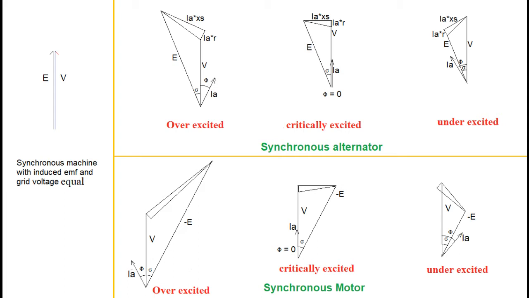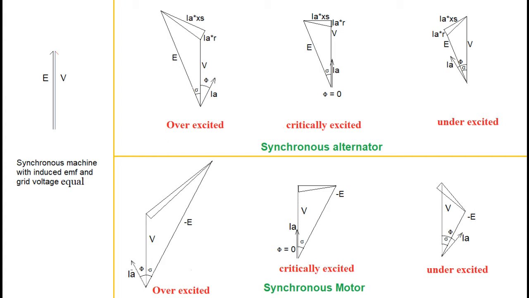Since the inherent speed of the machine is only synchronous speed, the current supplied by the alternator depends on the mechanical power supplied by the prime mover. Naturally, this current controlled by the prime mover is the active current, and excitation controls the power factor at which current is supplied to the grid. Such a behavior of the alternator is useful only to understand the behavior of the machine as a motor, because a synchronous motor is going to get supply from the grid.